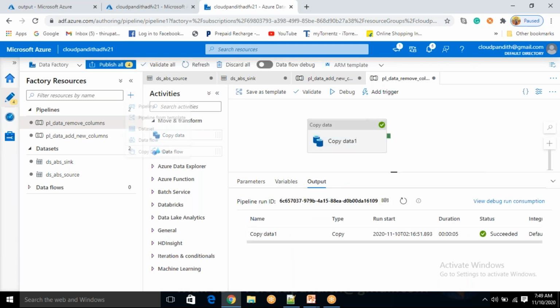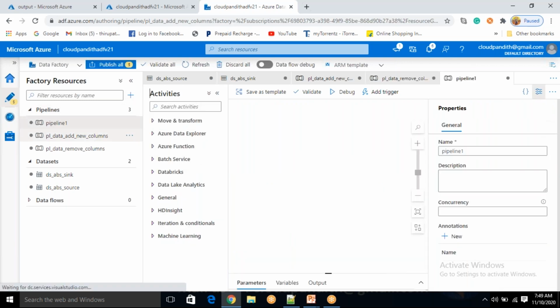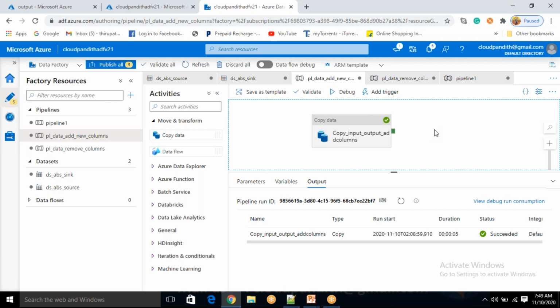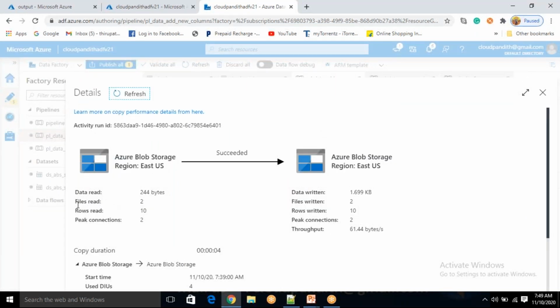Fine. Now just click new pipeline. Okay. Before I go to new pipeline, I need to tell you one thing. Come here, where you can see execution details. Just click on this option. You see here files read is 2. How many files has it written? 2. So these details I will read, the files read and the files written.